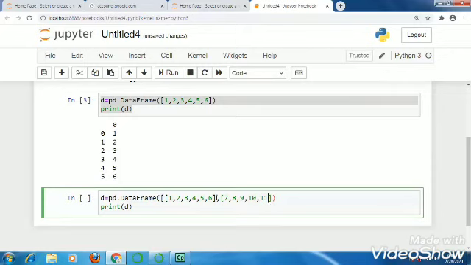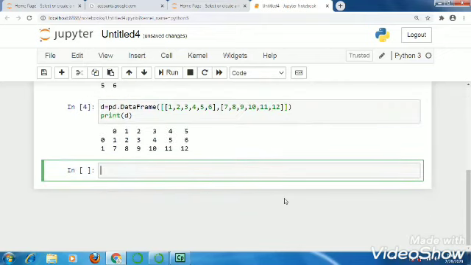So in the first list we have 6 elements, so in the second list we should have 6 elements. The first list represents the first row, that means the row at index 0, and the second represents the second row and the different columns of the second row. So let's see, this is our data frame with 2 rows and 6 columns.